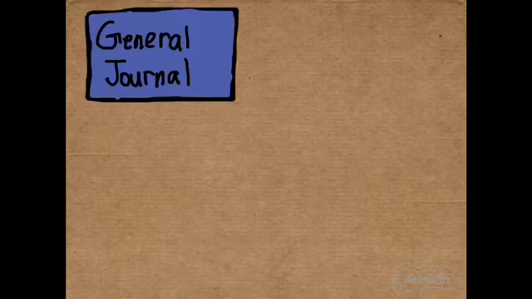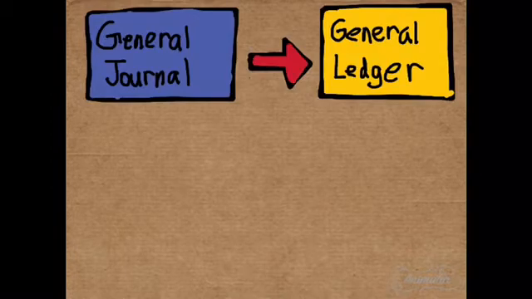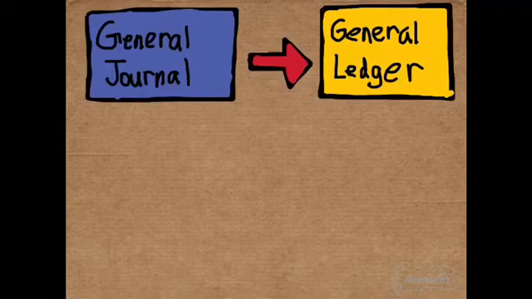So the first thing we have is the general journal, and it reflects all of the transactions that were incurred in the company. If you want to know more about it, you can check out my previous video about journal entries in Accountaholics. The next one is the general ledger, and it also reflects the transactions, but they are classified per account title, and you put a T account per account title, for example,